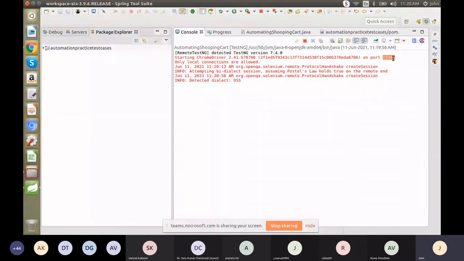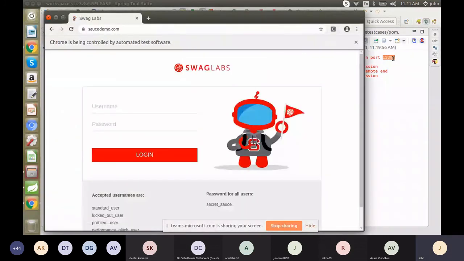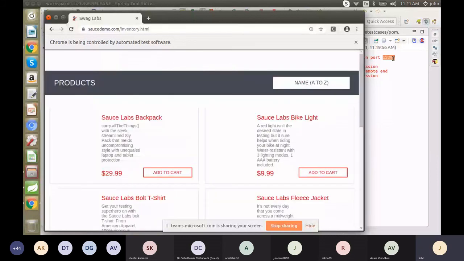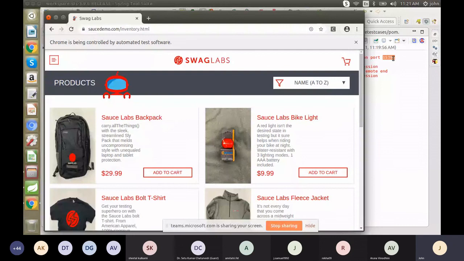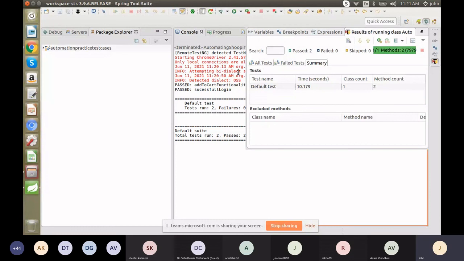Yeah, now it is loaded. It should go to the home page. I think the two test cases have passed, but we have to put some Thread.sleep because it is running very quickly. So you have to put some Thread.sleep.